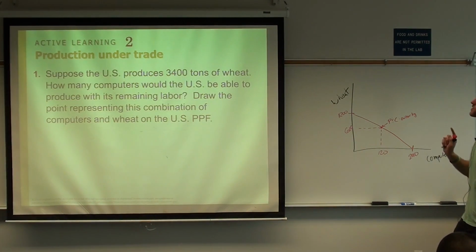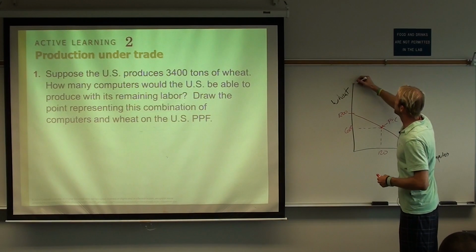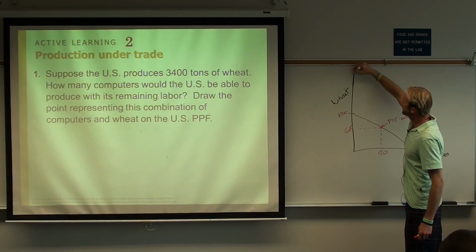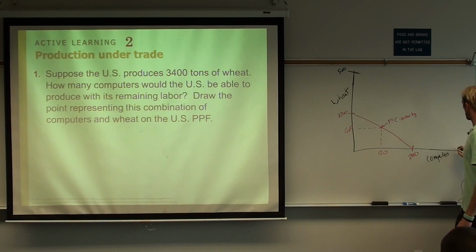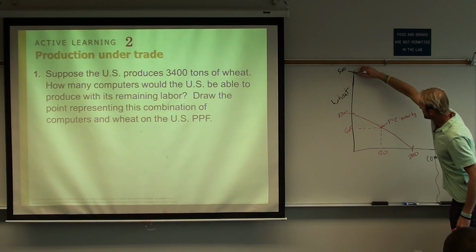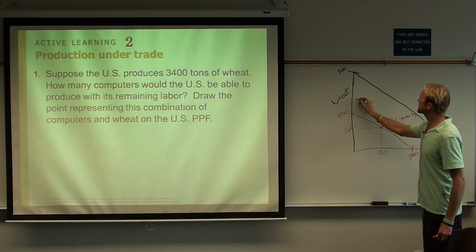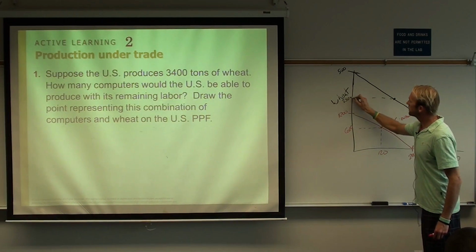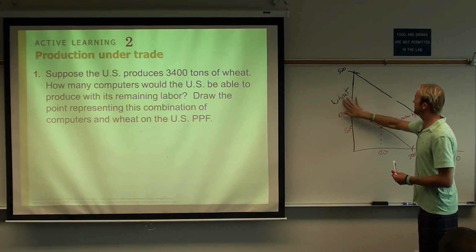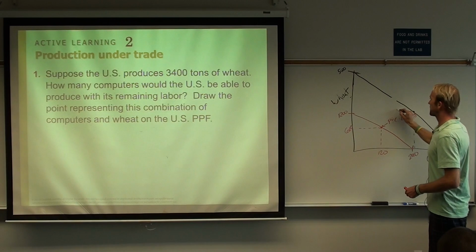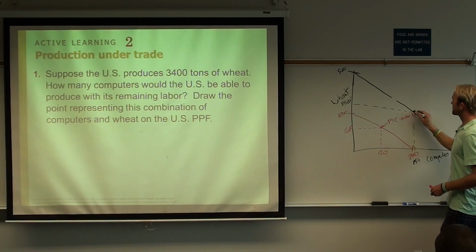Let's say that the US produces 3,400 tons of wheat, okay? So let me draw, perhaps, the US PPF on this as well. Remind me, what did this go to, 5,000 or something? So the US was at 5,000, and then they went to how many computers? 500. So the United States was here. And under their autarky solution, they were eating at, I think, 2,500 and 250, right? The problem is I've got to make this a little bit better. Sorry, it's a little ugly. Okay, so that was the autarky solution